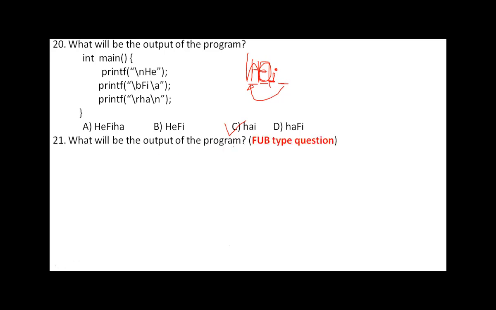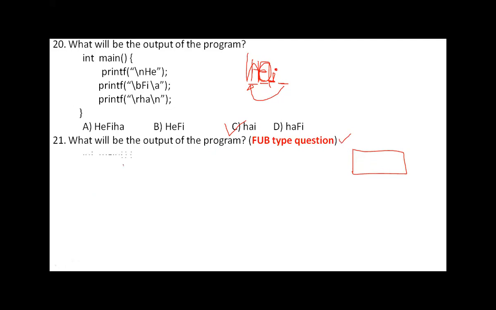Now, what will be the output of the following program? This is a fill in the blanks type of question. Sometimes you will be given a text box, and you need to type your answer exactly whatever is coming out from this program, in the same manner, capital letters and lowercase matching. Even an extra full stop or comma will make your answer wrong. So be very careful. It may not always be MCQ type questions; there may be fill in the blanks type where you need to type the answer.